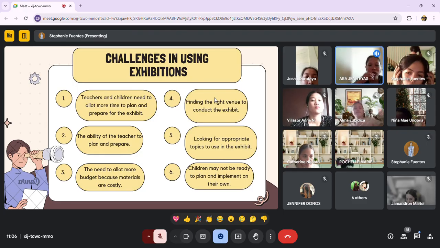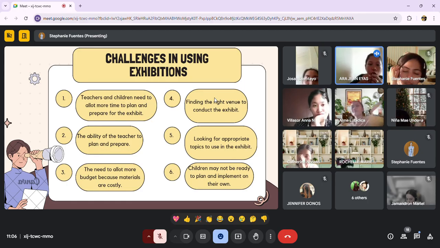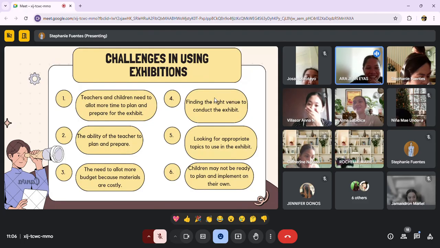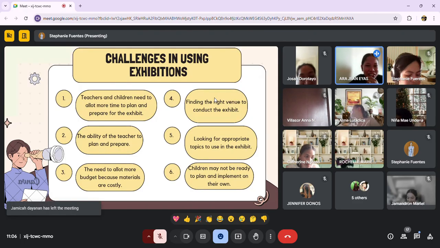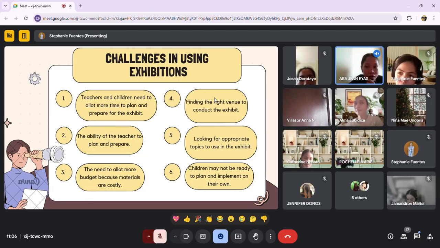So, a suitable venue is essential for showcasing the exhibition effectively. So schools may face challenges in finding an appropriate space that is large enough to accommodate the exhibits as well as the audience, which are the students, the parents, or the teachers, the staff.